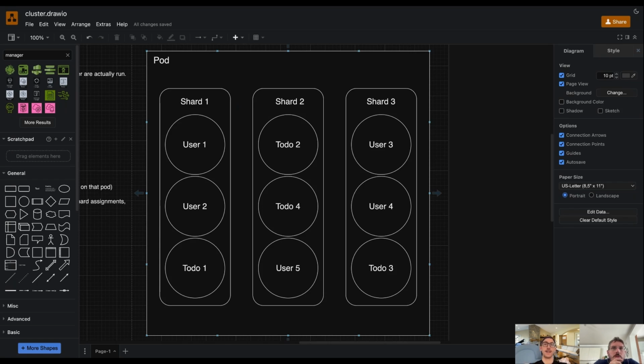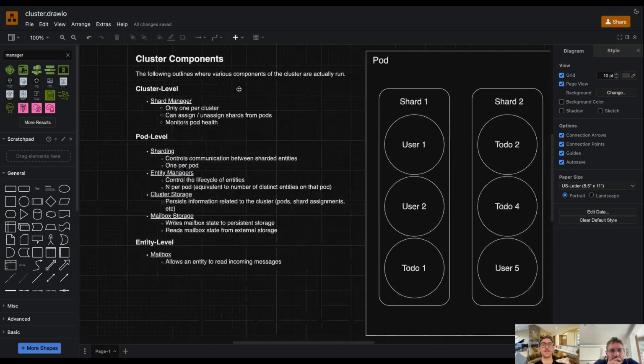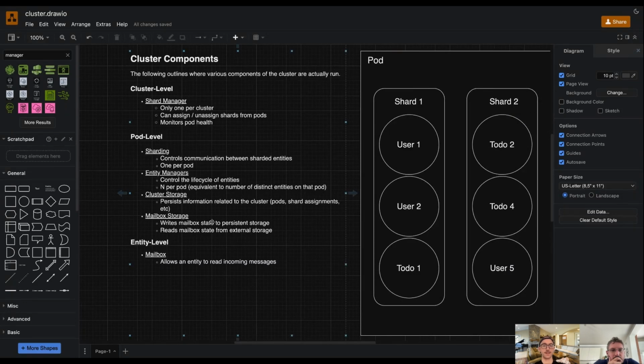But the pod and... Well, it is, because there's a shard manager. Well, yes, but the shard manager is on the cluster level. It's not on the individual pod level. Yeah, but it is a component of the cluster that assigns shards to specific pods. I'm just saying I'm talking about things where code can physically live, if that makes sense,